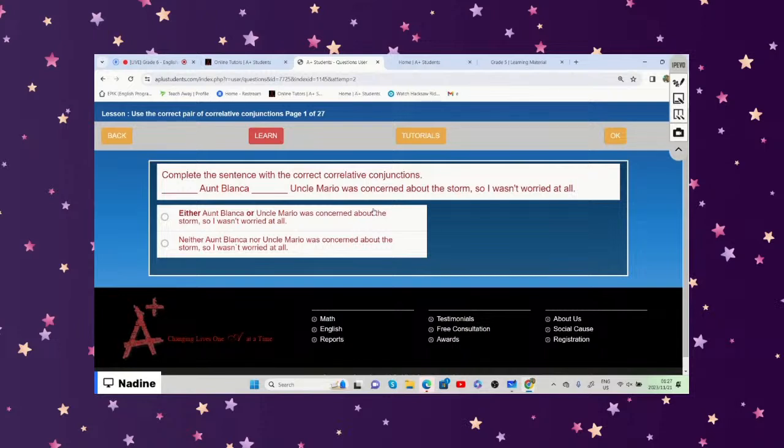All right, so we need to choose the correct completed sentence. Aunt Blanca, Uncle Mario was concerned about the storm, so I wasn't worried at all. So if we choose the correct answer, with the correct correlative conjunction, is it